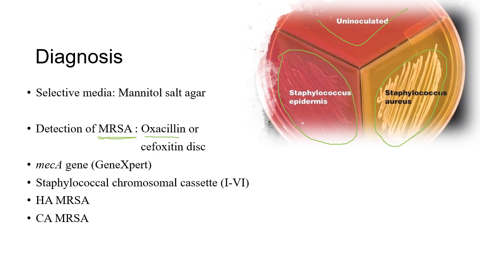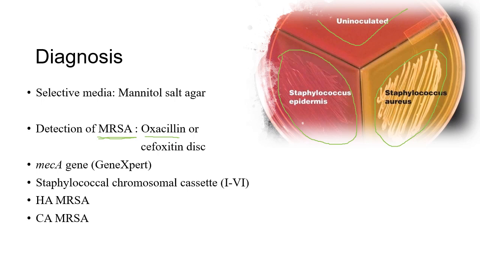So we can use oxacillin or cefoxitin to distinguish. If it is resistant to oxacillin, we call it methicillin resistant Staphylococcus aureus. We can also use cefoxitin, but the word which we will use all the time is methicillin resistant. We can distinguish this on the basis of phenotypic methods using oxacillin or cefoxitin, or we can simply detect the mecA gene, and that can be done by GeneXpert very rapidly within 2 hours. And beyond looking for the mecA gene, we can also look for the entire chromosomal cassette, which is called a